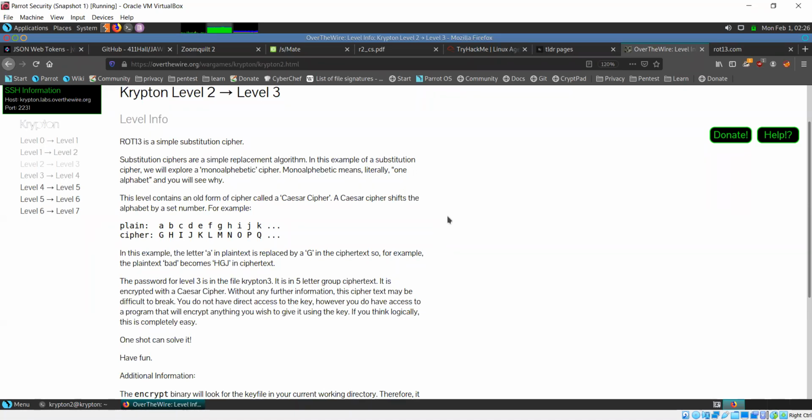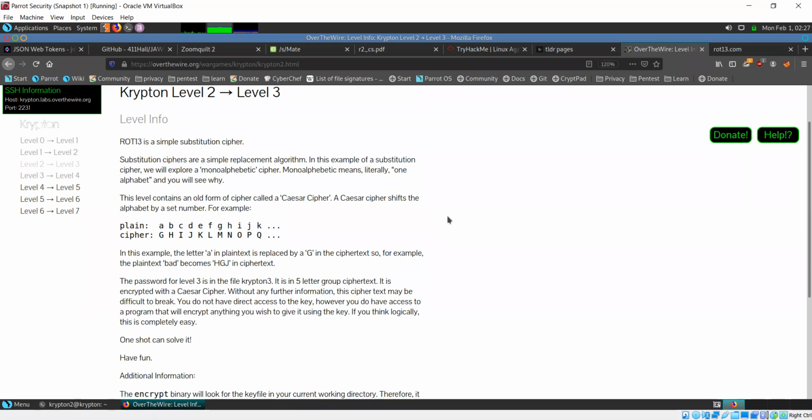So basically, what they are telling us is the password is in the file named cryptin3 and that it has been encrypted using a rotational cipher. So we don't have direct access to the key. However, there is a program which will encrypt anything you give it. So let's say I give some of my own custom plain text to that program.